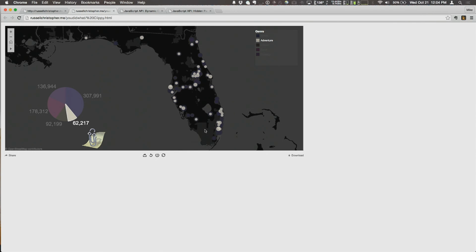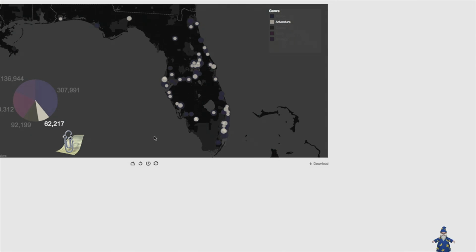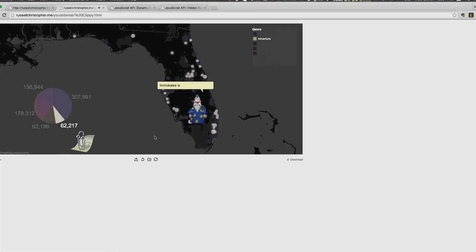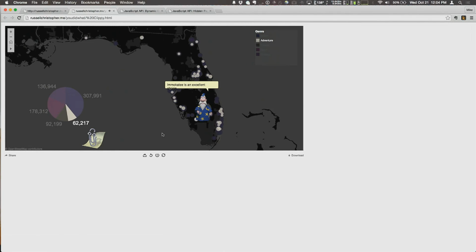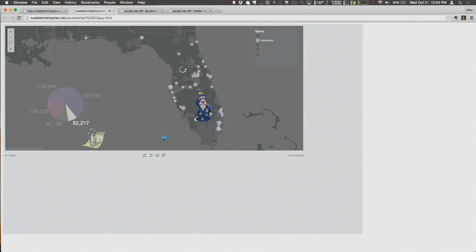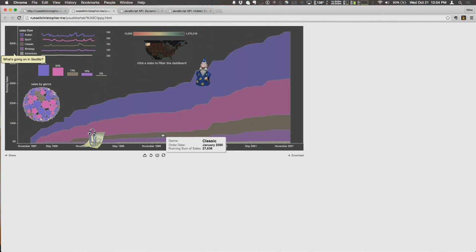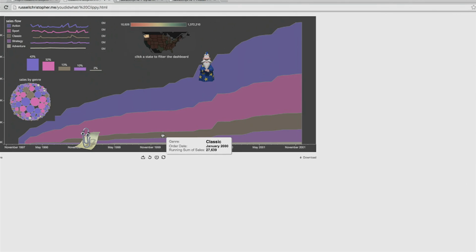So I'm going to go ahead now and click on one of these cities that is a correct city, and we will get another one of our friends. He's my second favorite. There he goes. There's Merlin. He's a good guy. Now, Merlin is going to cast a spell which uses the JavaScript API to give us a different dashboard. And then he's going to fly around, and since we're a Seattle-based company, he is going to select the state of Washington, which will actually filter the rest of the visualization. And then the rest of it is him just telling us how wonderful we are and doing all that sorts of stuff. So this example is,